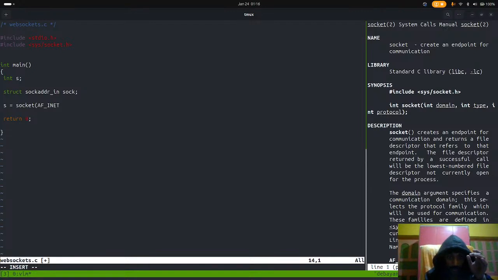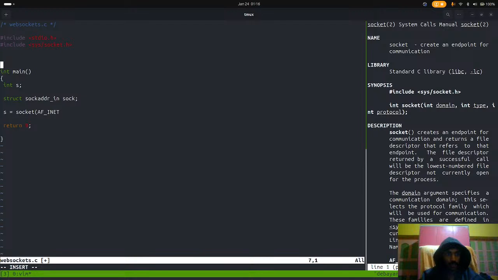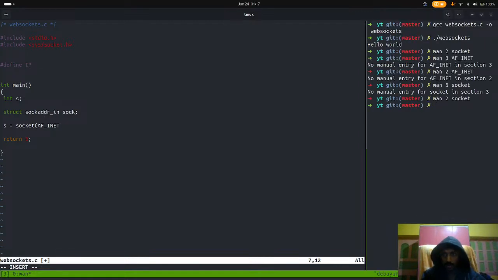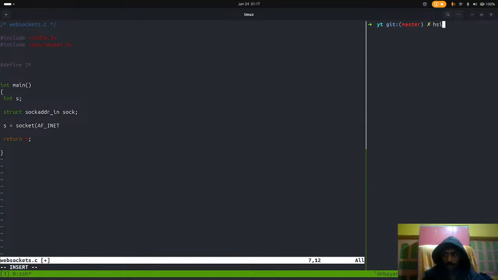And we have to define the IP and the port. Why? Because we actually send the request to an IP, and obviously we should have an HTTP port. So I think we should define them here instead of using some global constant. So define IP. So what will be the IP? We will try maybe Google. So we will do host, or we will do NC. I think host is good. Host